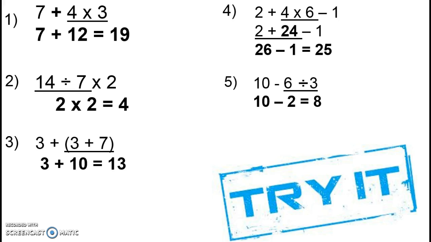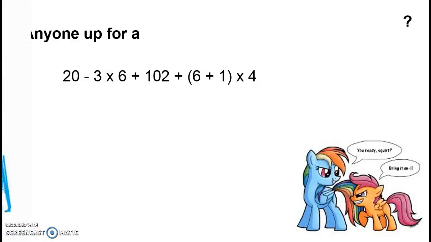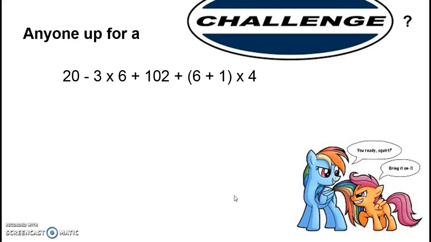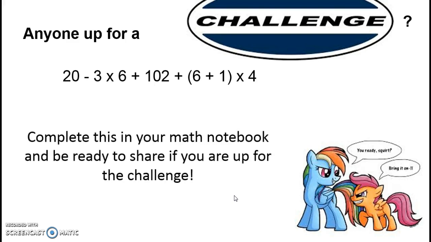Okay, so how do you feel? Do you feel like you did pretty well? Do you feel like you're ready to try a hard one? If you are, let's check out the next one. This will be the very, very last one, and will let me know if you're ready to apply these problems in class. Okay, 20 minus 3 times 6 plus 10 squared plus 6 plus 1 in parentheses times 4. Holy cow, this looks crazy. But if you follow the order of operations, you just do one step at a time, and I think you can do it. All right, so go ahead and see if you can figure this out in your math notebook